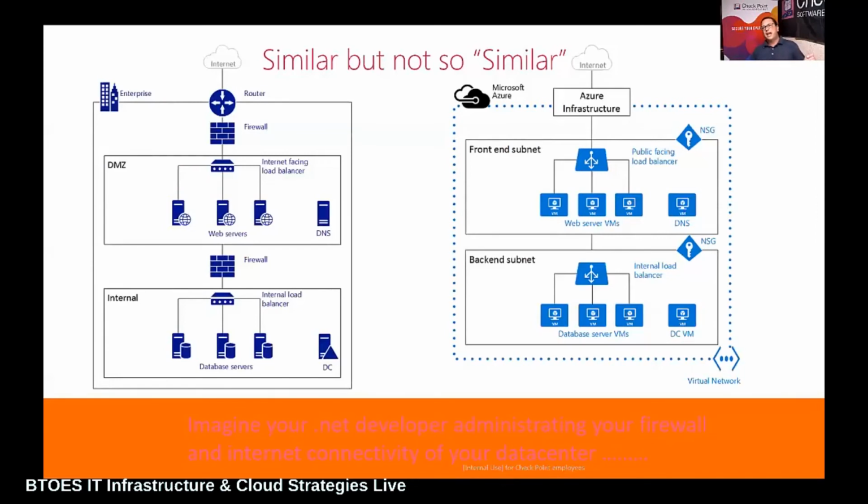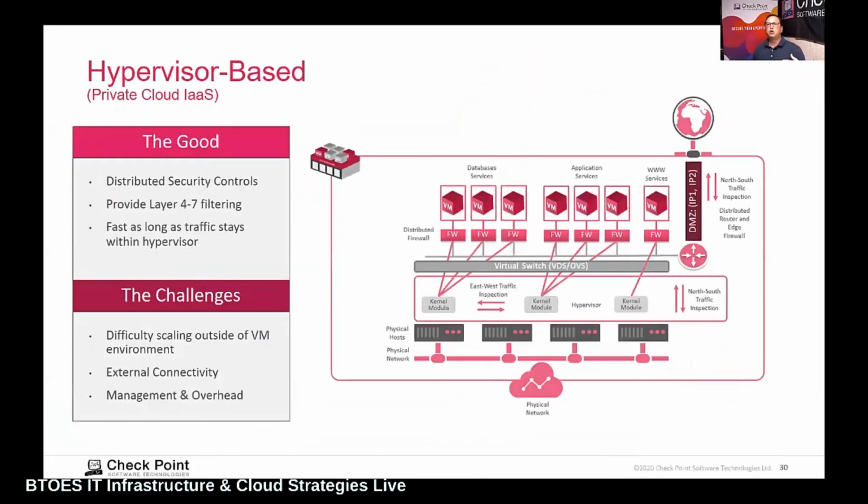Right? And now that we're handing the elements of configuration management for cloud native built into the API, built into the cloud provider, well, do we really want the developers owning all of the elements of the security? Developers and DevOps have a shared responsibility along with SecOps to build whatever the workload is, whether we're building it in our own private cloud on a VMware or KVM or Hyper-V-based hypervisor, and we're implementing virtual firewalls embedded in